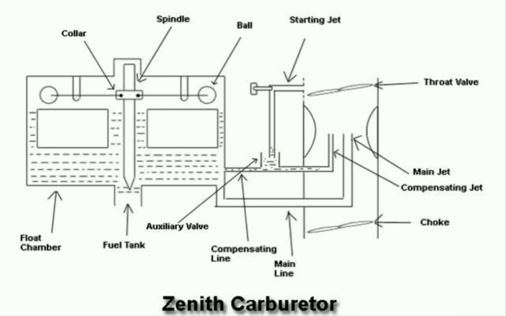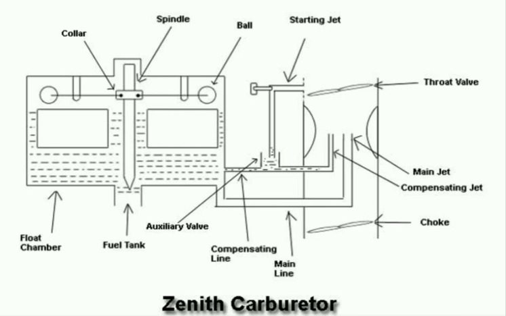On the other hand, when the fuel in the fuel chamber increases, the two floats come up and the balls also come up. As the ball comes up, the spindle comes down due to the seesaw connection between the ball and spindle. When the spindle comes down, the passage is blocked and the fuel supply to the fuel chamber stops.